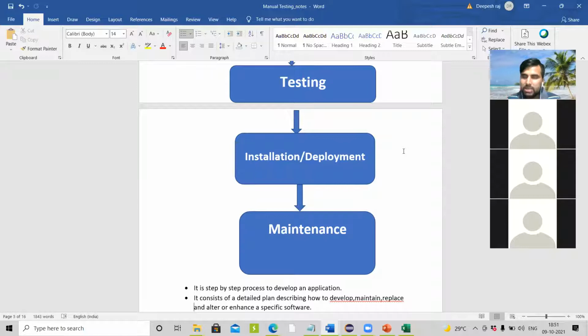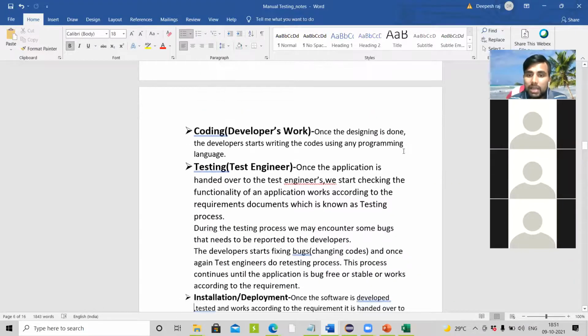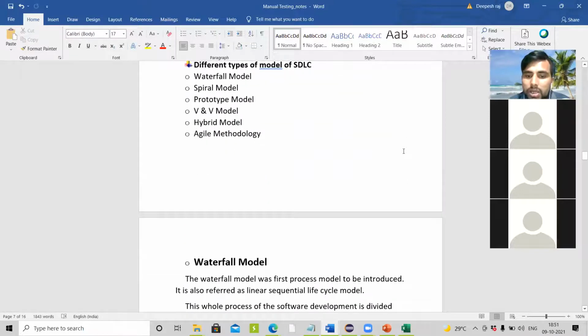Now we have changed the process. Some requirements we develop and hand over to the customer. Again, we develop some requirements and hand over to the customer. Again, we develop some requirements and hand over to the customer. Like that, we are doing it. So we have changed the process, but still some companies, based on the requirement, are going to use the older one.